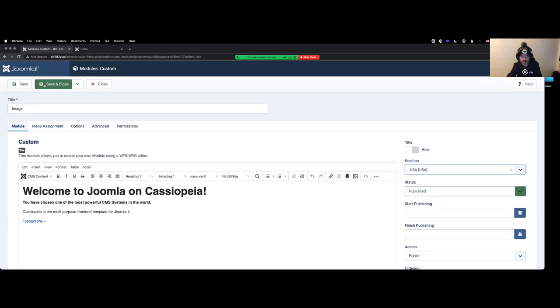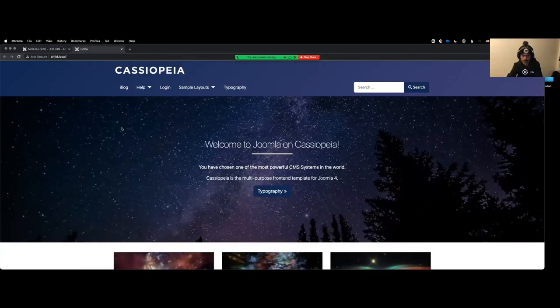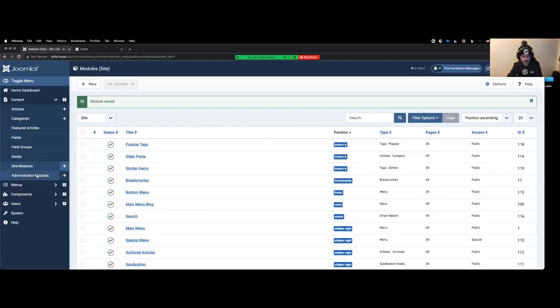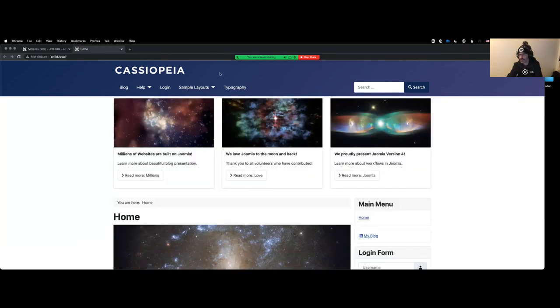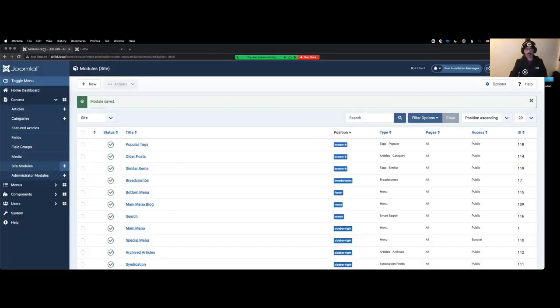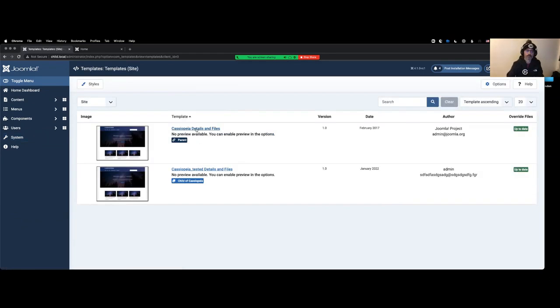But if I save this module to this position and try to, probably it's this one, I'm not so sure. So if I try now to refresh the front end, yes, we just lost the module. But no worries, because what we can do is we can go to the parent template,